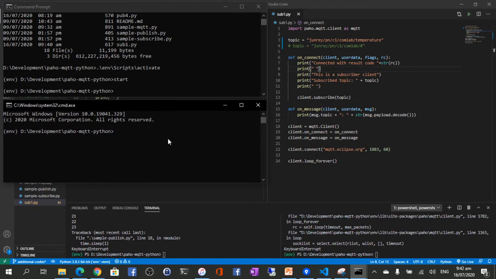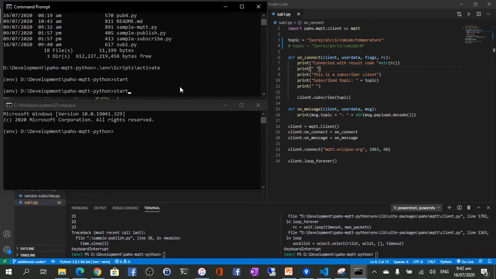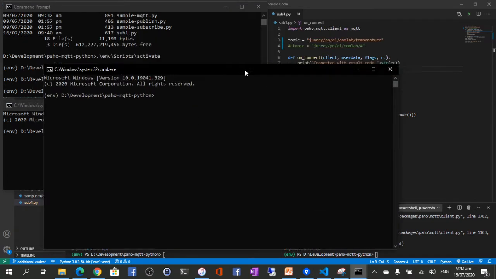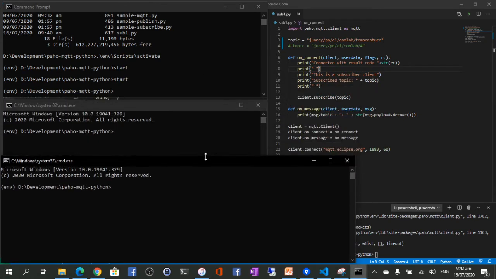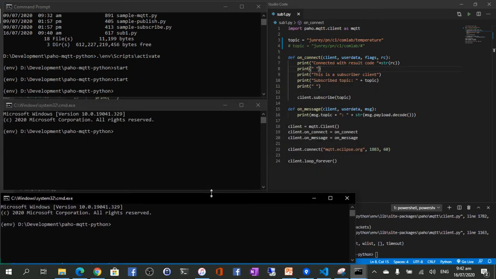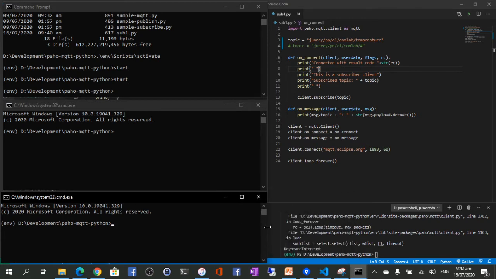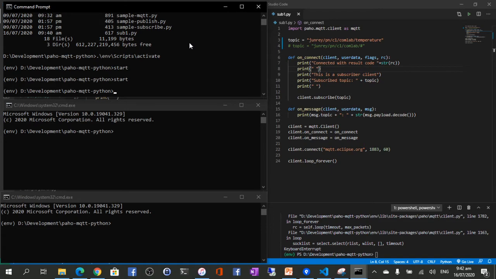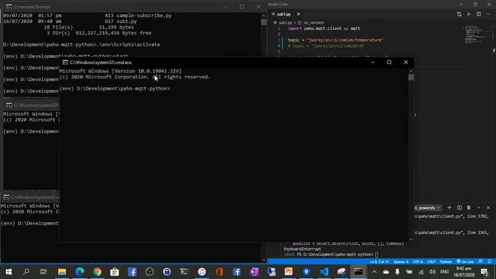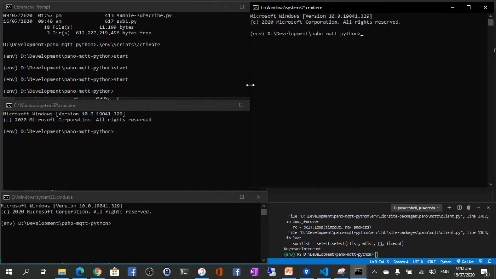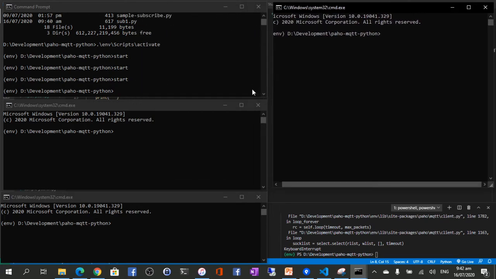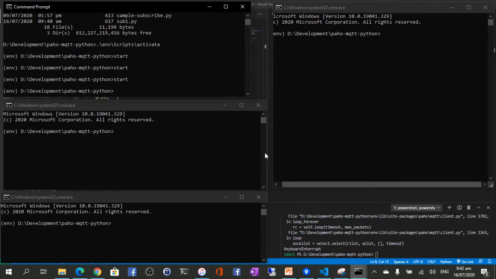Then we'll run start again. So there's the third window, and we'll put it here. It depends on how you would arrange it, but I personally prefer to do it like this because I find it more organized. I'll have to open two more additional command prompts. So here, maybe I need to adjust it a bit.